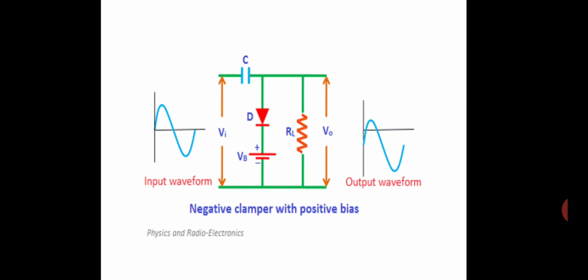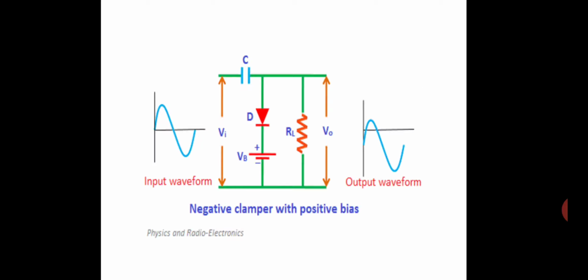And what happens in the negative cycle? In the negative cycle, the diode positive terminal is connected with the input negative terminal, so it is reverse biased, and the diode negative terminal is connected with the DC battery positive terminal, so the diode is always reverse biased. In both conditions the diode is reverse biased and an open circuit, and the complete cycle of input goes to the load RL. The diode is reverse biased by both the input supply voltage and battery voltage. As a result, the signal appears at the output, and this is the output waveform.